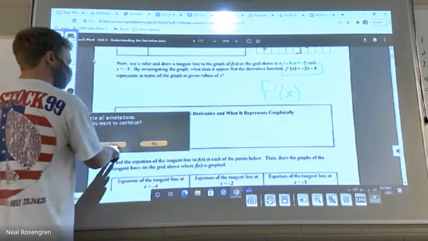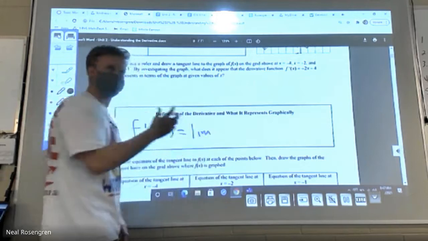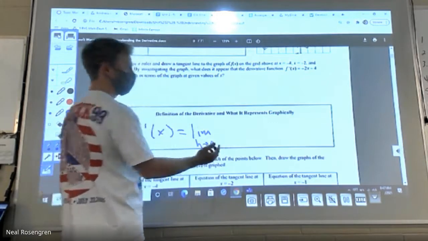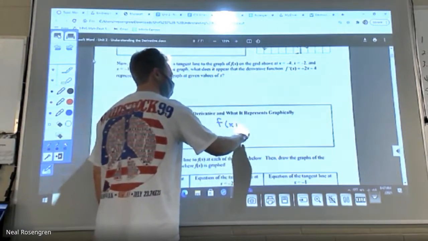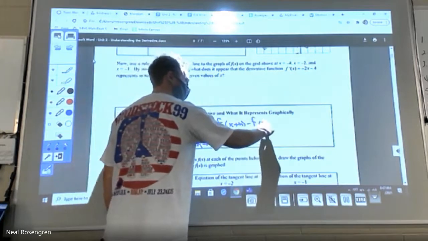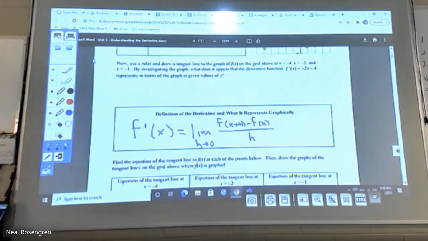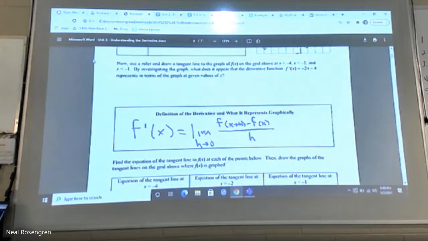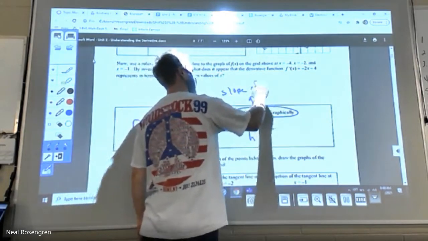What we figured out is f prime of x, the derivative of f of x, is just the limit of the slope. And so on, what is this, 115 maybe, maybe 116, we figured out that, and when I say we, I mean Newton and Leibniz, separately across a continent, so cool. They came up with the same idea that, hey, I can't actually divide by 0. I can't make them the same point. But if I could get so close, it wouldn't make a difference. The green line, as it approaches the blue line, they become one and the same when I get there. Because what this represents graphically is the slope of the tangent line. And this is kind of how we ended class yesterday.